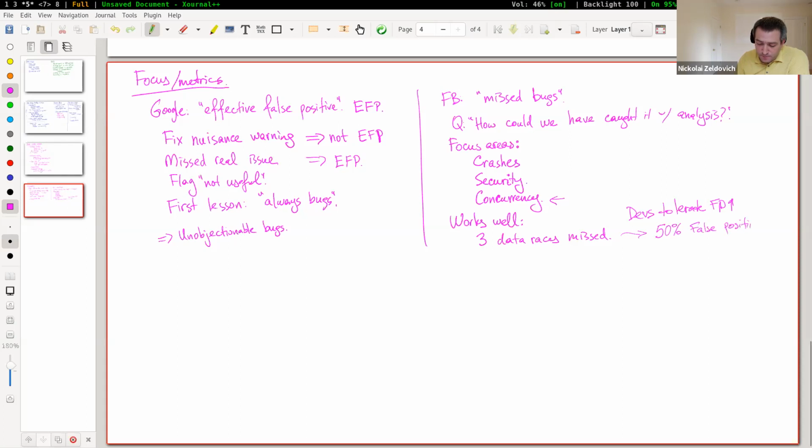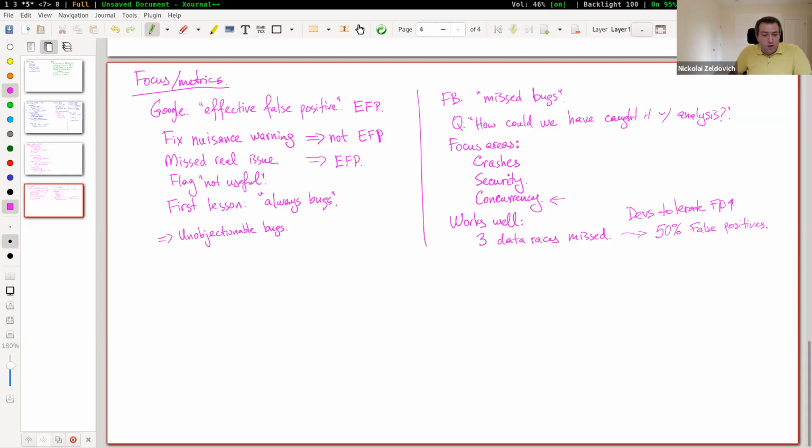It's a little hard to say what the definition is, whether it's the effective definition that Google puts forward or something else, but it's impressive that despite half of the reports not being acted on, I'm guessing, the developers think it's valuable, and the paper argues that developers like it because